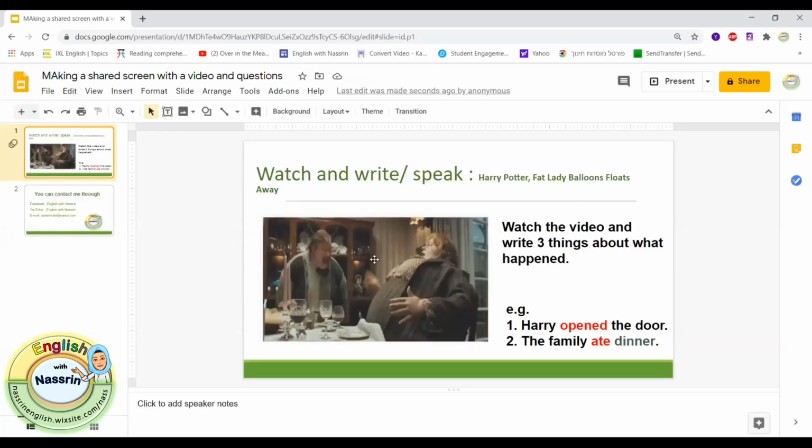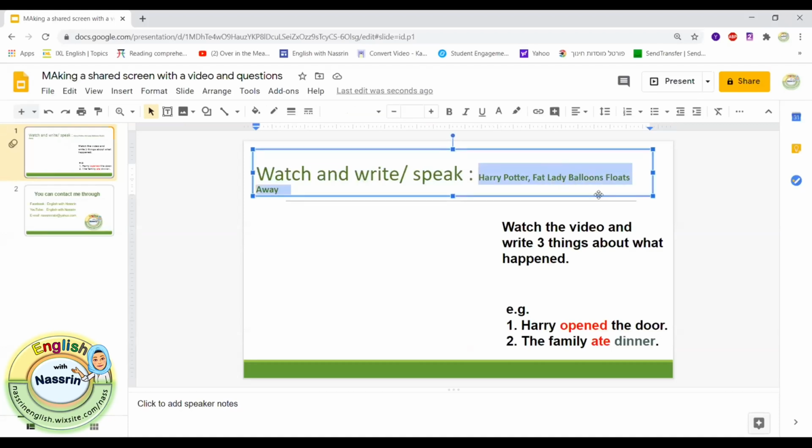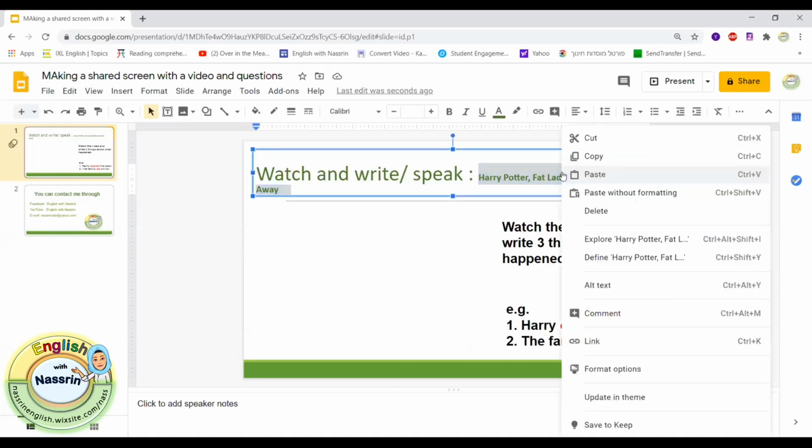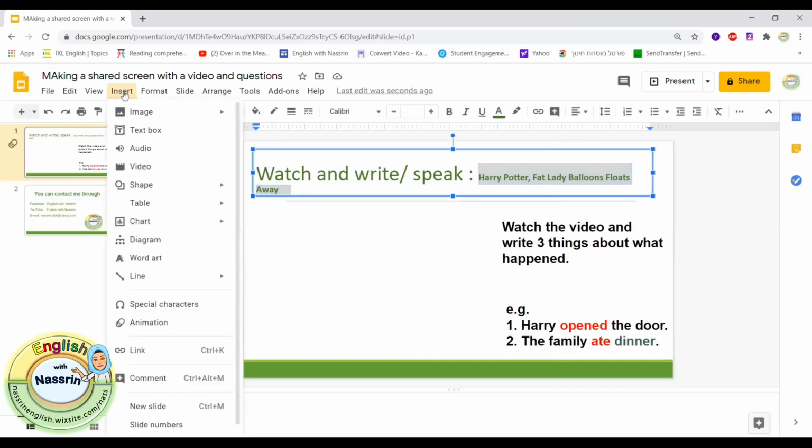So in order to have it work, I'm going to click on the square here, and I'm gonna erase it. Okay, and as you can see, the scene I'm looking for is called Harry Potter Fat Lady Balloons Floats Away. So I'm just gonna copy that. Okay, so I'm gonna copy that, and I'm going to go to insert. Okay, and I'm gonna click on video,